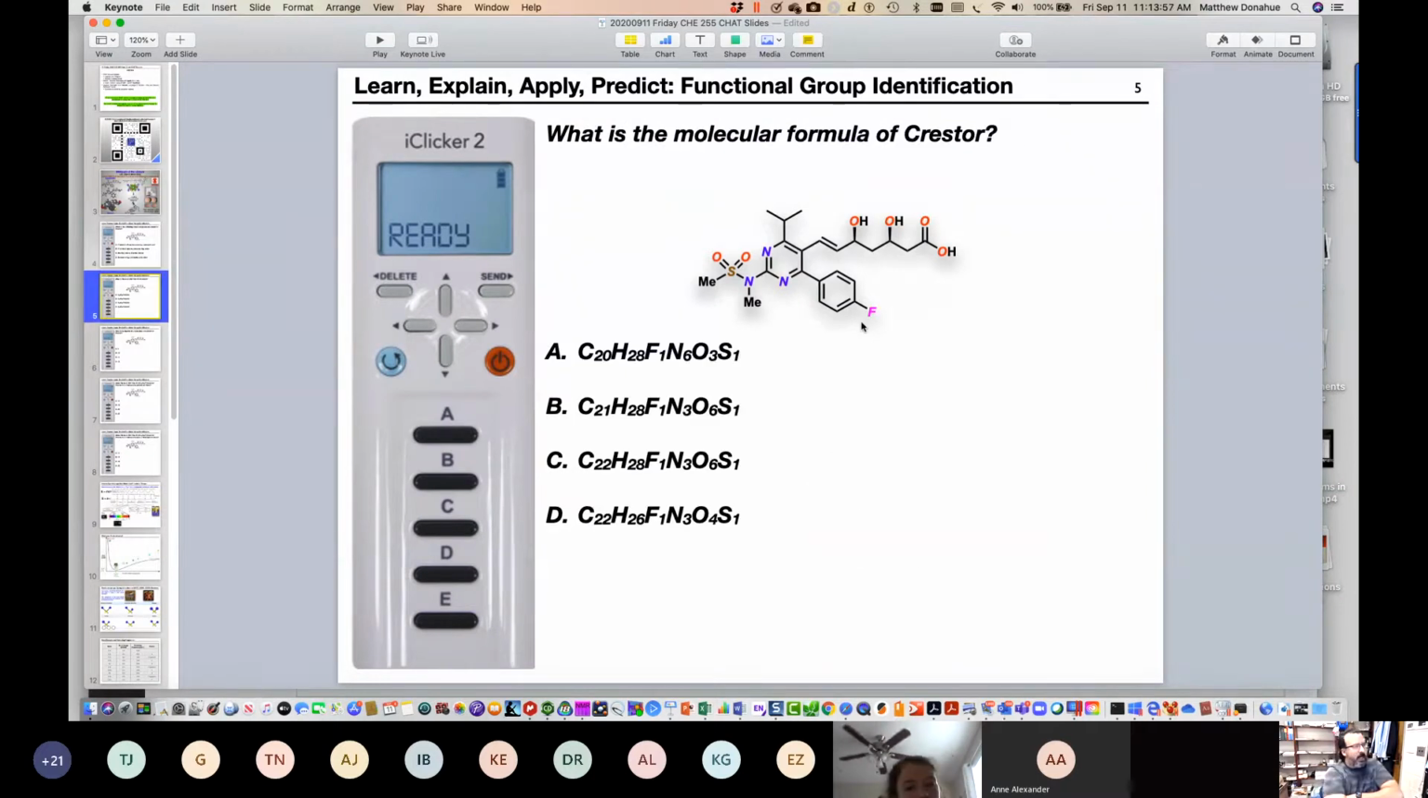So here's one. What's the molecular formula of Crestor? So you're counting all the different types of elements present and how many of those atoms for each. So while you're considering that,